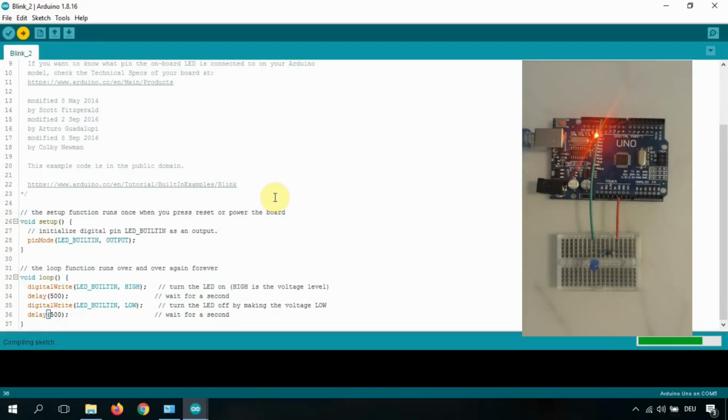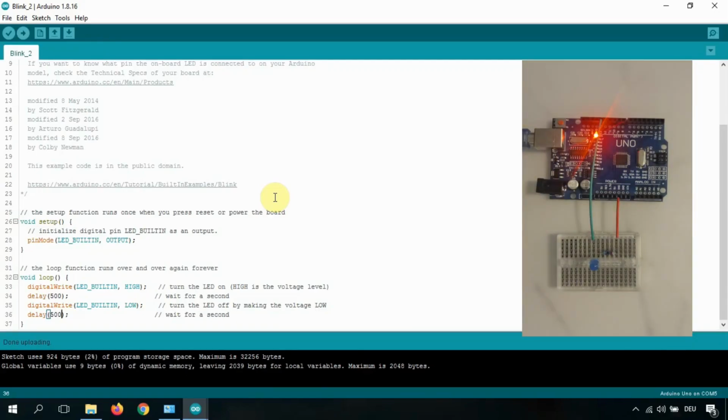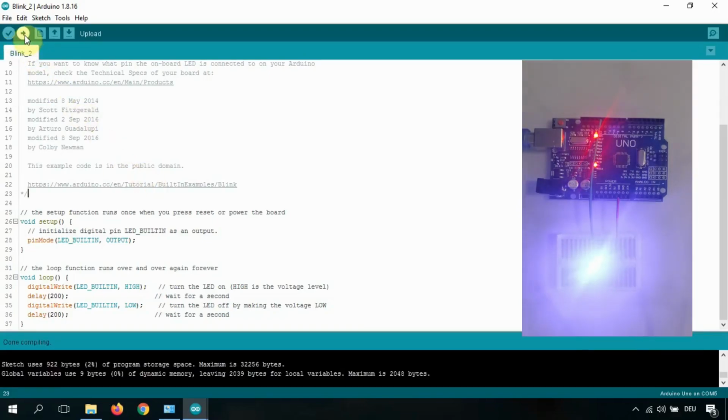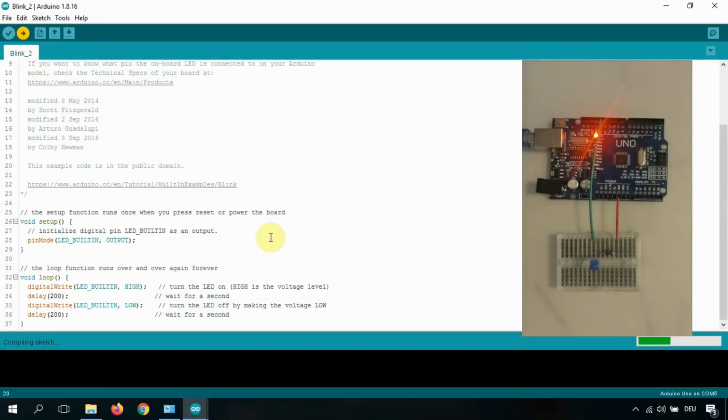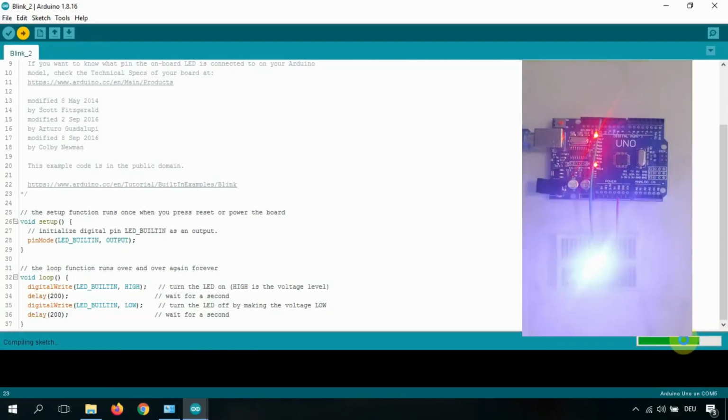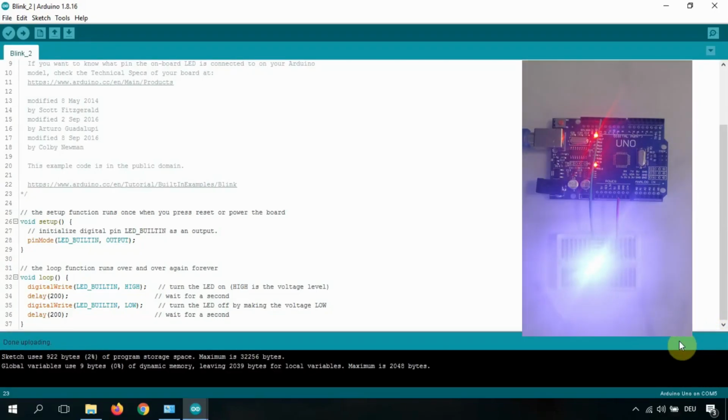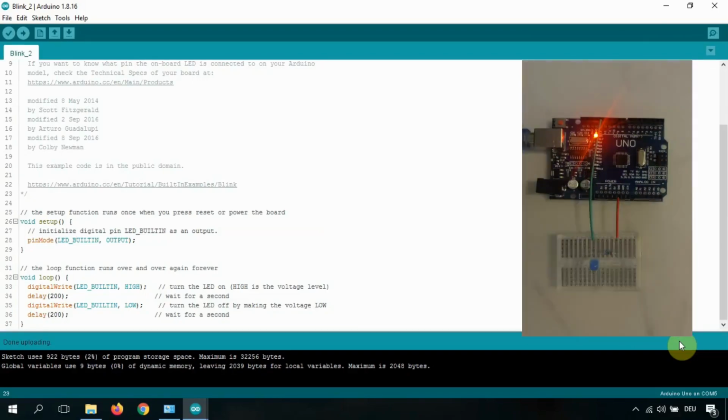So now we'll see the LED blink with a period of half a second. This is what we see here. In the same way you can choose whatever time you want and blink the LED accordingly. Let's suppose we take 200 milliseconds and see what happens. Save it, compile it, upload it. After uploading is done, you will see this reaction on the LED. Now it's uploading and you can see the LED is blinking quite a bit faster than before.